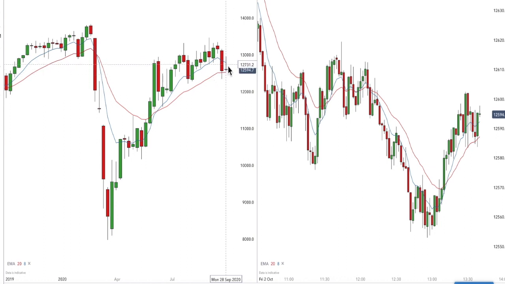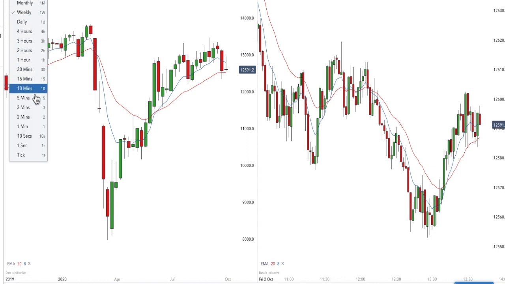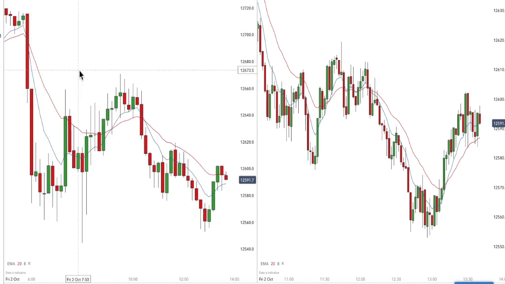The only thing holding in the favour of the bulls here is that the market is trading above the average, which could mean that it bounces off this 20 exponential moving average here. We'll have to wait and see, and I'll be looking at the shorter term charts so that I can get in and out within a few minutes, and my capital is then safely tucked into my account where I like it.